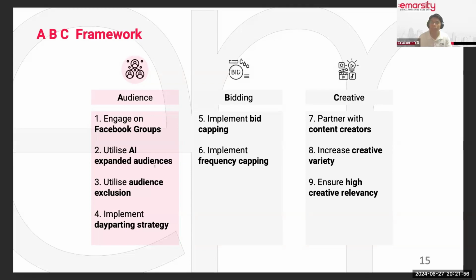Second one, AI expanded audience. This is basically using the platform AI feature to find you the right audience. When it's a broader pool of audience, your cost of media is actually lower. The more niche the pool of audience is, the higher the cost of media. Example, for $10, if your audience pool is very niche, you can reach 100 people. For $10, if your audience pool is broader, you can reach, for example, 25 people.